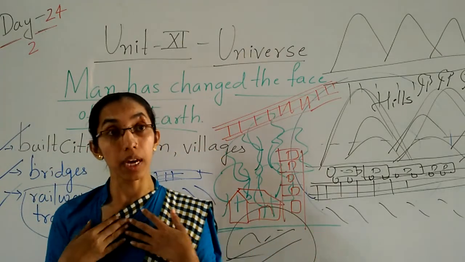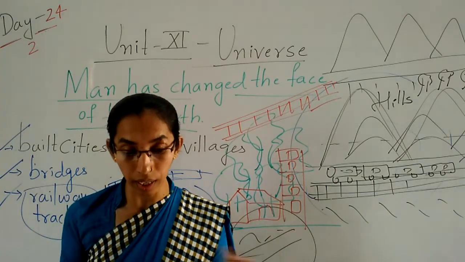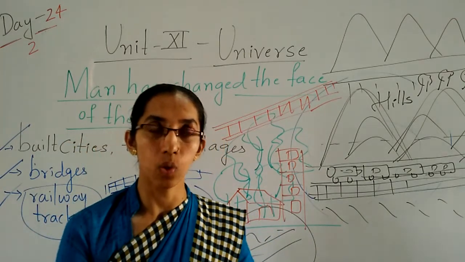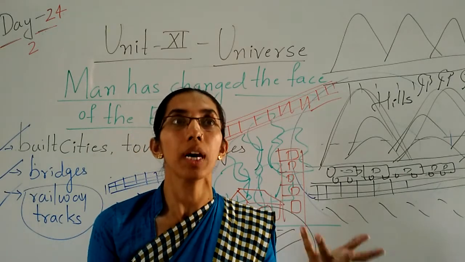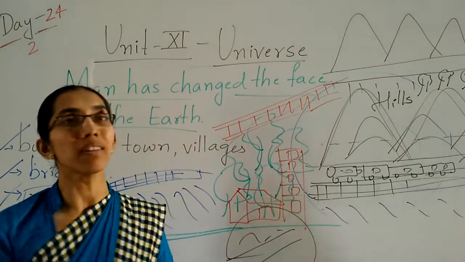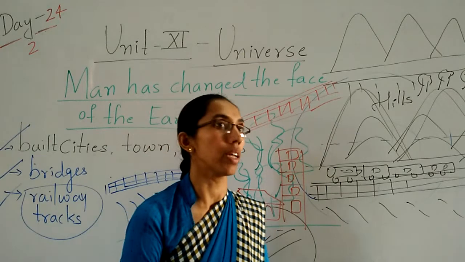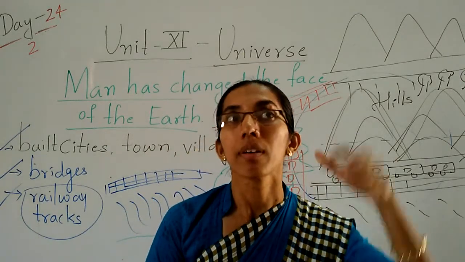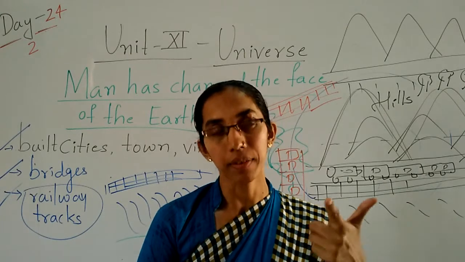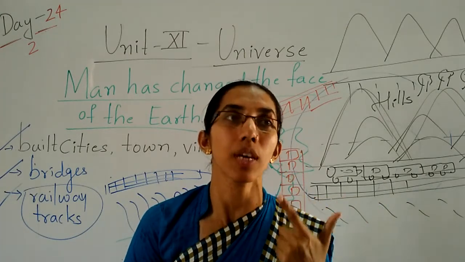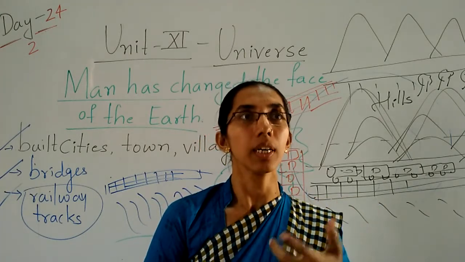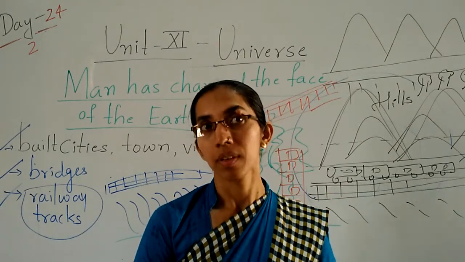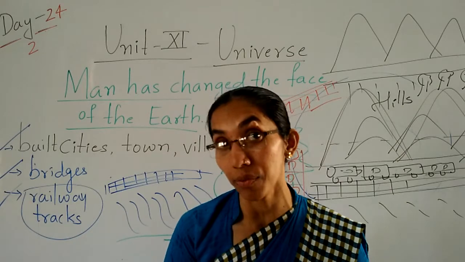Yeah, children? We are destroying our earth and polluting it. How are we polluting? If you cut the trees, then what will happen, children? Tell me. First of all, we won't get the rain. Next, we won't get fresh air to breathe. We won't get a clean and neat environment, because of cutting the trees.